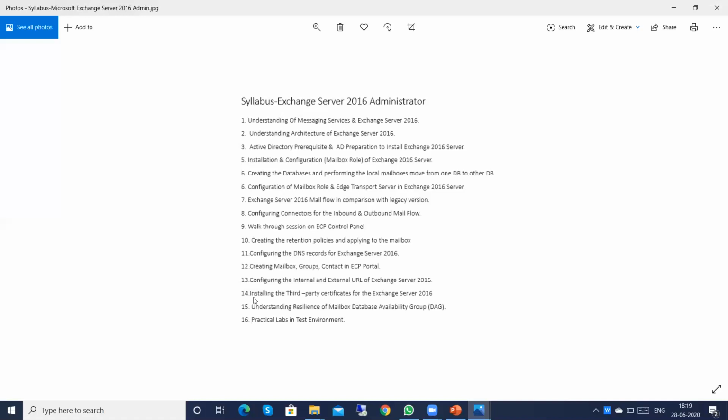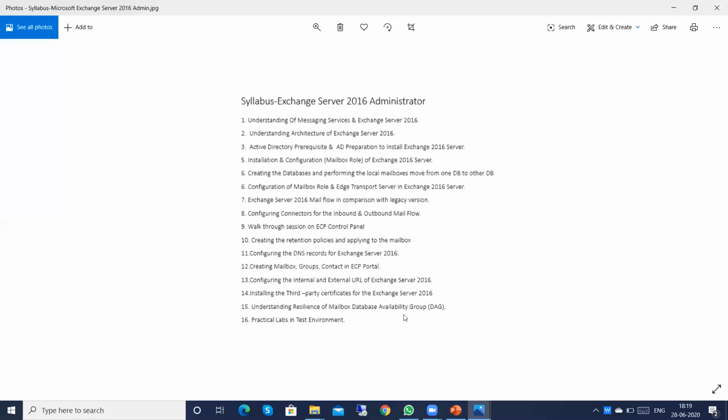And the 14th point, installing the third party certificate for the Exchange Server 2016. So different, like internal certificate and external certificate. We'll show you how to create a certificate and how to assign the required certificate for Exchange Server. And the 15th point, understanding the resiliency of mailbox database availability group, DAG.